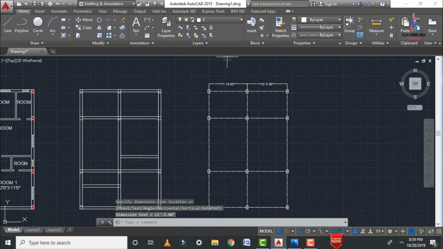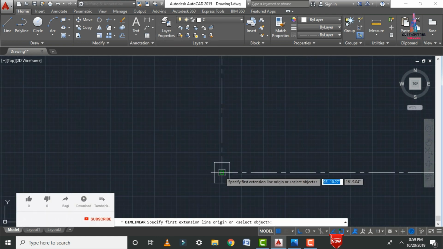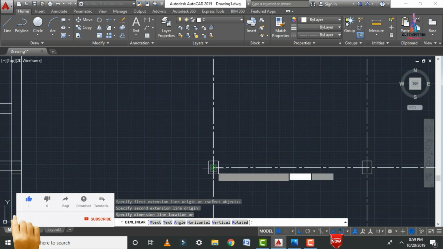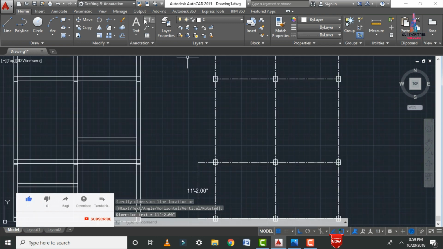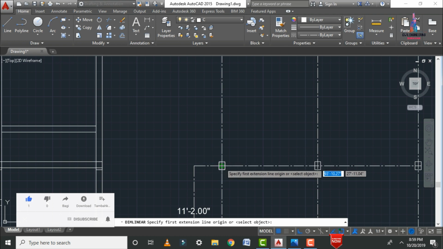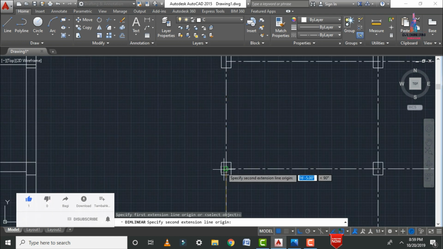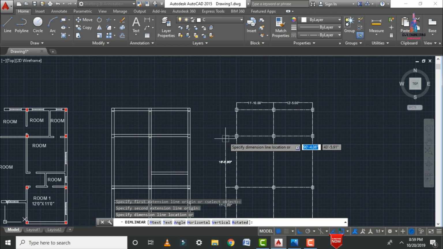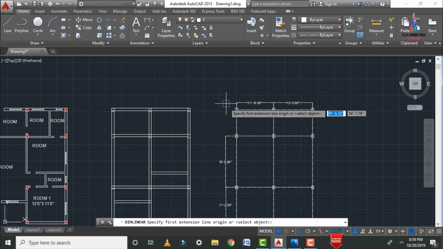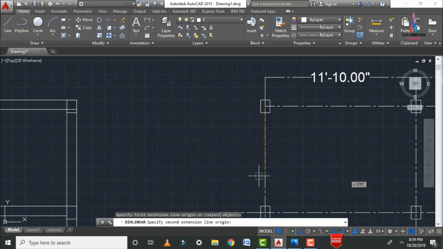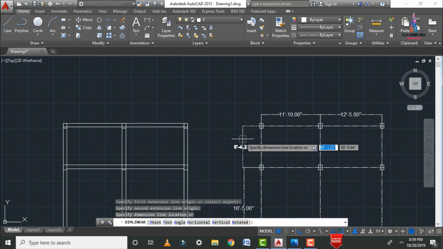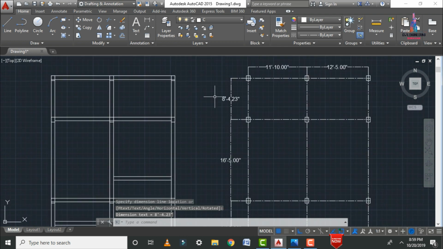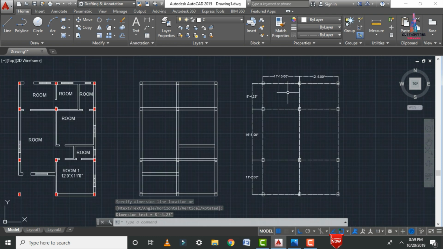Again in the same process we have to select the starting point at this center, again we will select the starting point at this center. So click on this point. Again in the same process we will select the starting point at this, again click on this respective position point. So click on this, again we have to select the center point like this, again click on this respective position here like this. Okay, now you can see the center line diagram exists for the column section here like this.